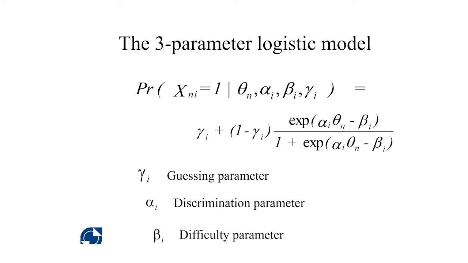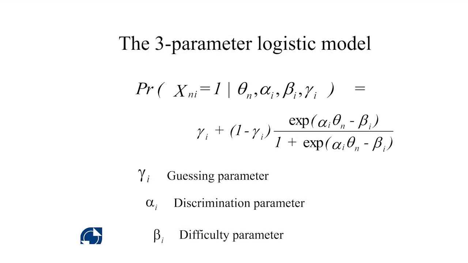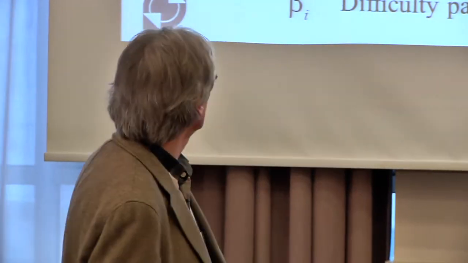To model all these things, we might make the model a little bit more complicated by adding parameters. Because we started out with a model where we only had for an item a difficulty parameter beta. Now we add 2 parameters. One is a discrimination parameter, alpha, and the second one is a guessing parameter, which leads to a formula which looks a little bit like the Rasch model, but it has a number of elements added to it. And I won't go deep into the formula itself, but more into what it means and what the parameters mean.